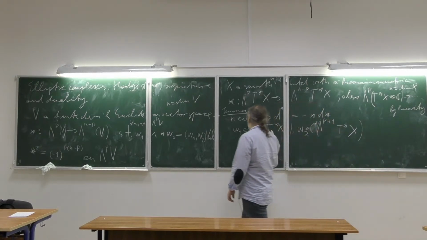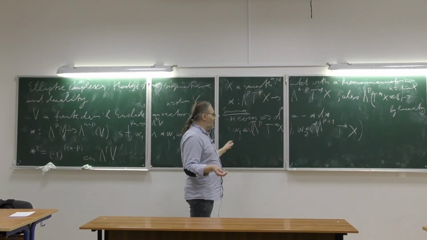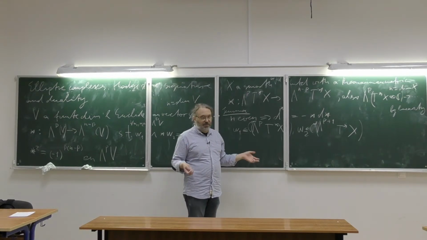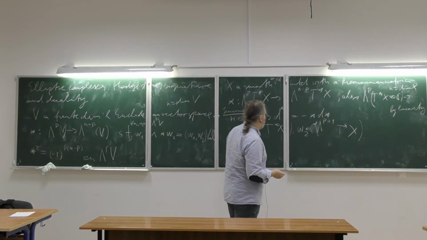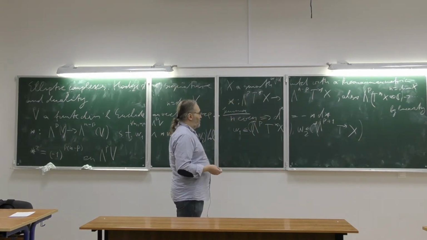So we take this. This one is slightly better. So we take this bundle and we take a smooth section of this vector bundle. And so it's the same with omega 2. Okay, now